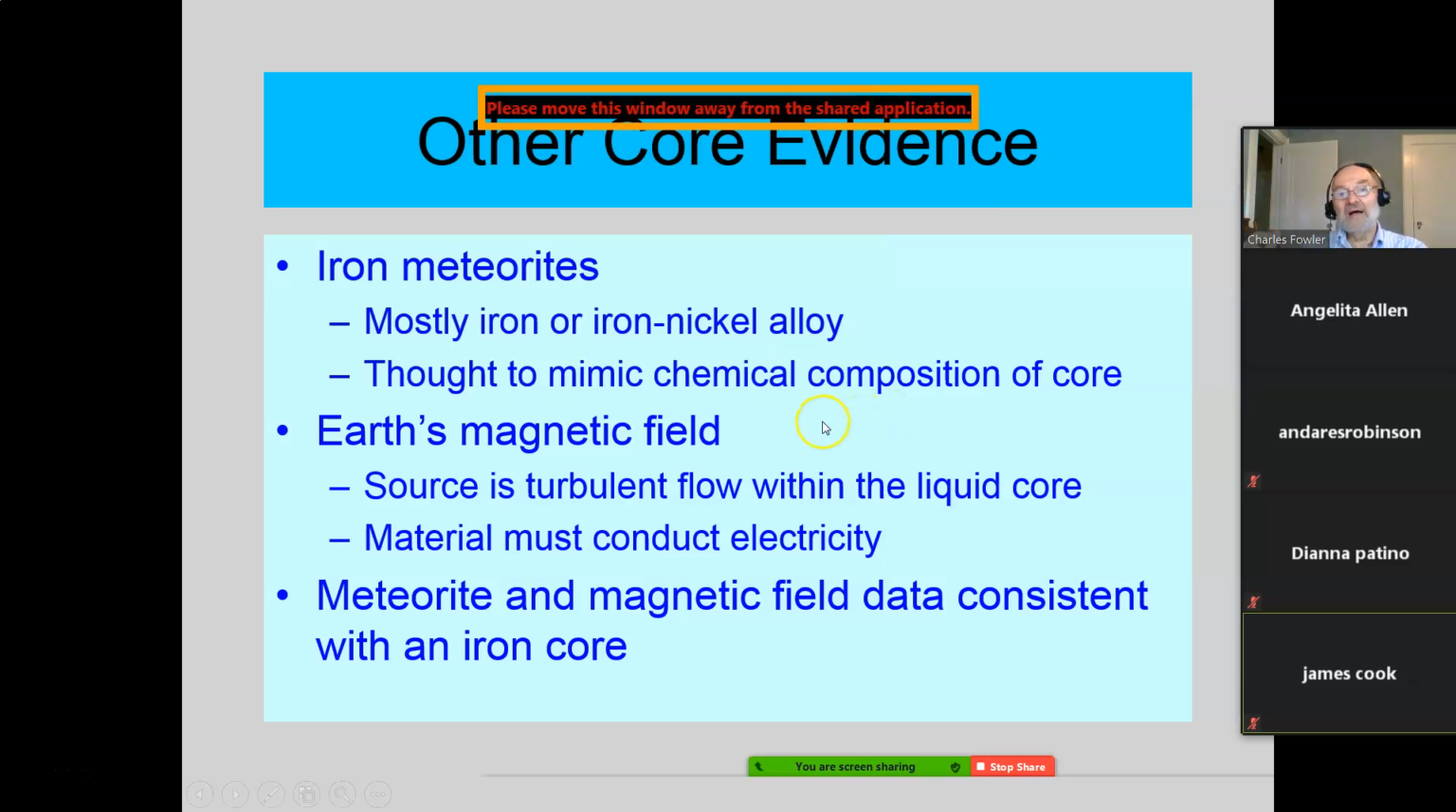Okay, another piece of core evidence, Earth's magnetic field. What's the source of any magnetic field? The movement of charges. So there has to be some movement of charges, and they call it turbulent flow within the liquid core. Okay, and this is why I keep saying it's not a smooth boundary either. That liquid outer core has jagged bits of the mantle in it, because when it's spinning around, the liquid tends